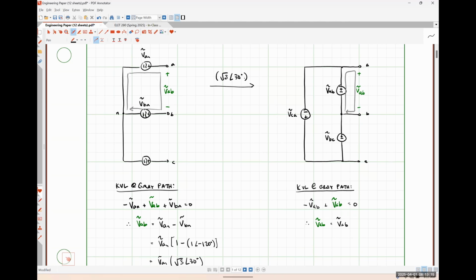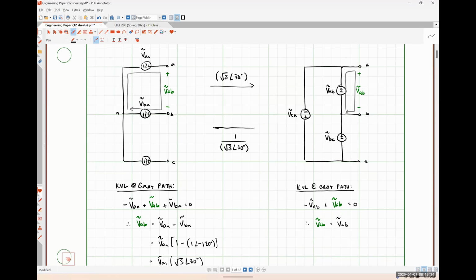Divide by root 3 angle 30 degrees. Exactly right. So to go from a delta to Y, I would simply multiply by a factor of 1 over root 3